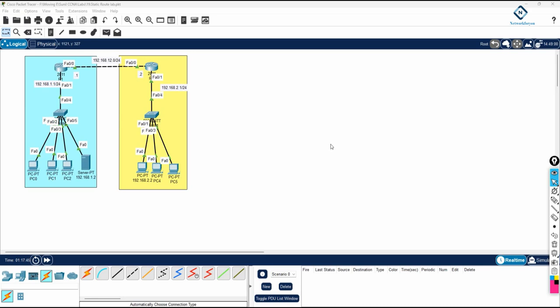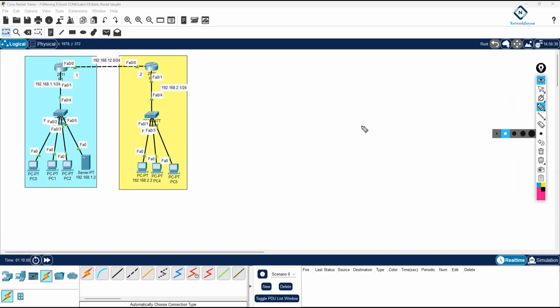Everyone, so now we are going to do the basic static route. If you see here, this is the configuration. Before doing the configuration, let's see the topology. This is R1 and this is R2. We are using two routers here, R1 and R2, and this is the IP subnet we are going to use